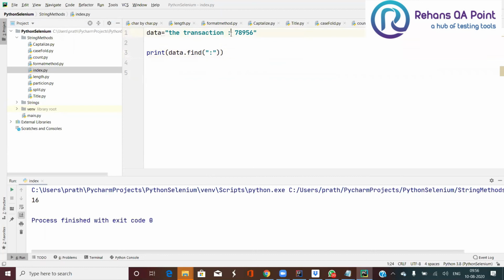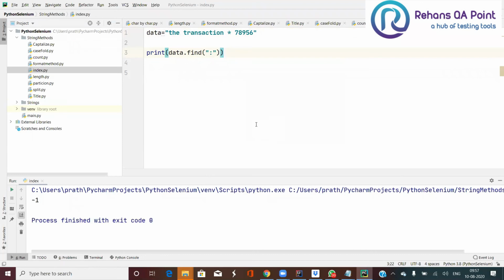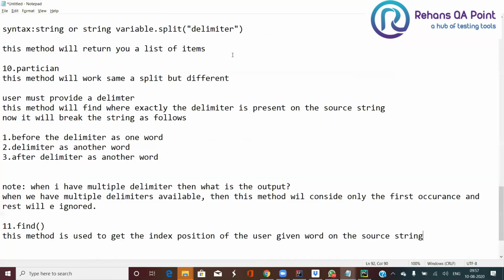If I try to give some other wrong value, one that is not available in my string, such as a star, and the colon is not there, then what will happen? It is going to give me a negative value. So how to understand this method? This method is used to get the index position of the user given word in the source string.